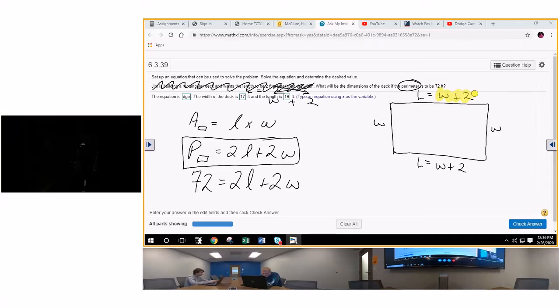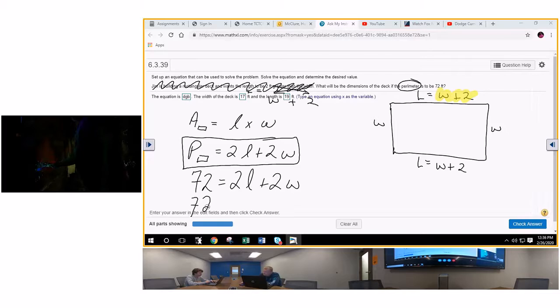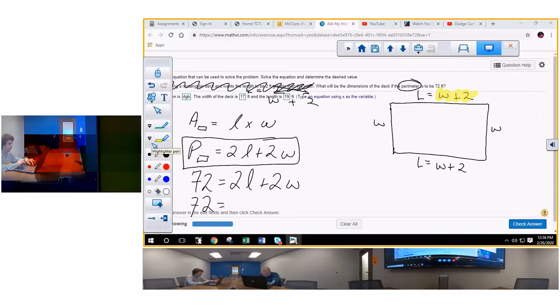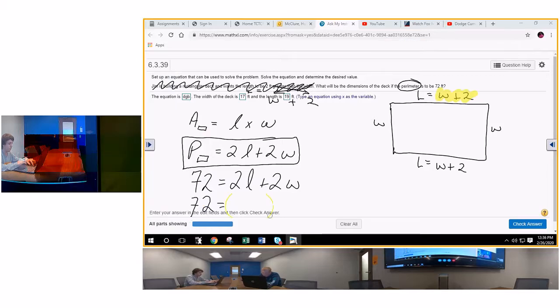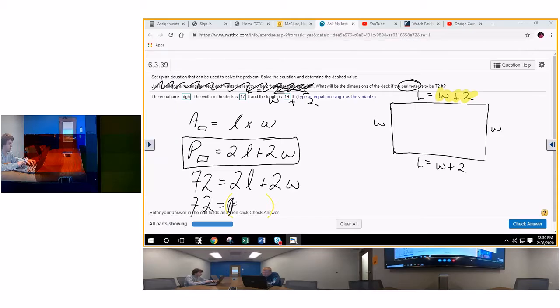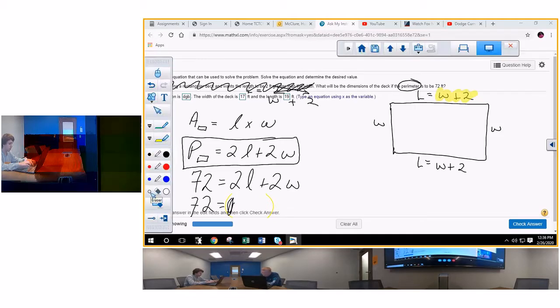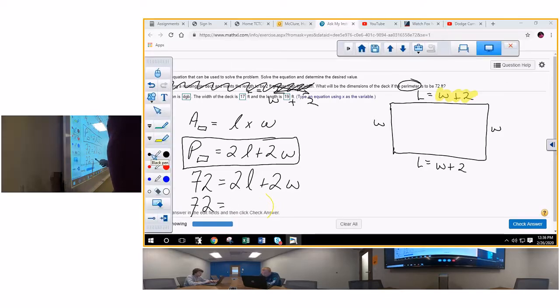I'm going to plug that in for the L. So I'm going to take my handy dandy parentheses and I'm going to make them yellow just to mess with y'all so you can't see it. Right? You're supposed to yell that you can't see it. Well, I can't even write, so I might as well just forget it. 2, and then yellow parentheses,